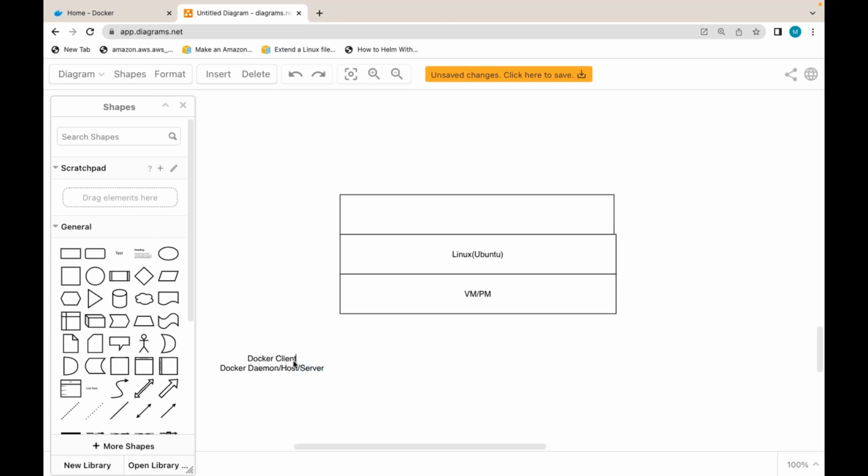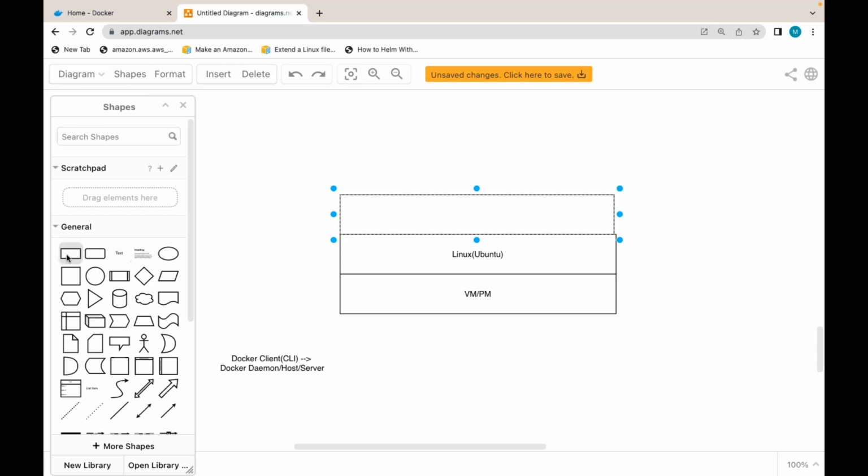So what is this Docker client? It's basically a CLI. What is the meaning of CLI? The command line interface.